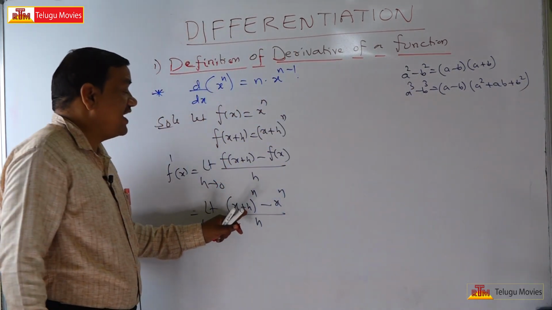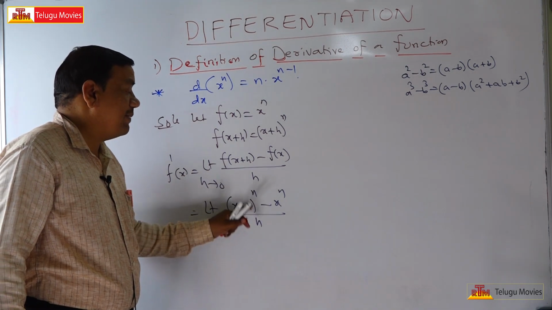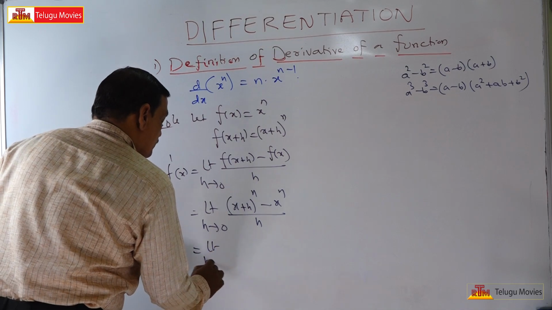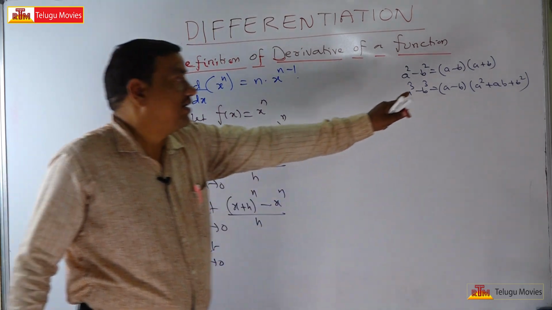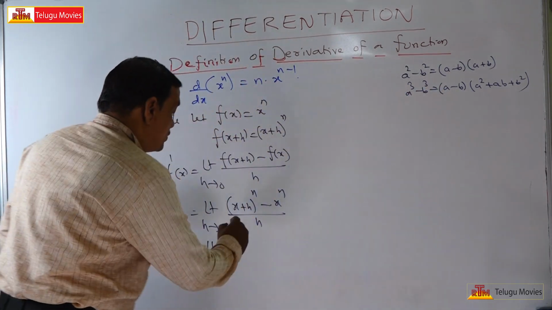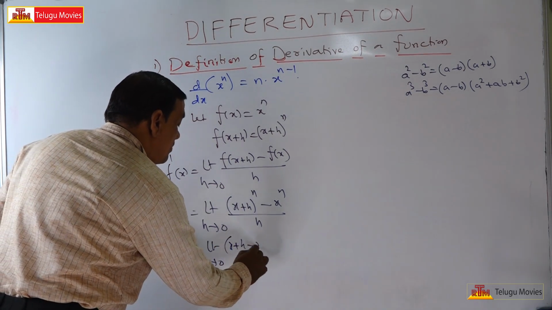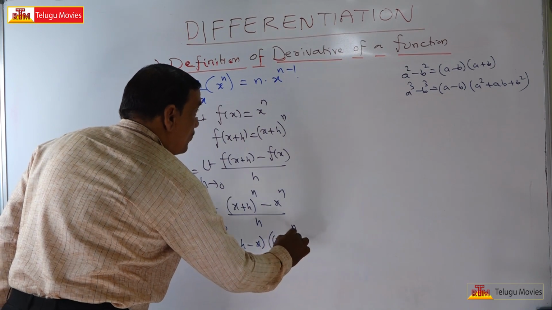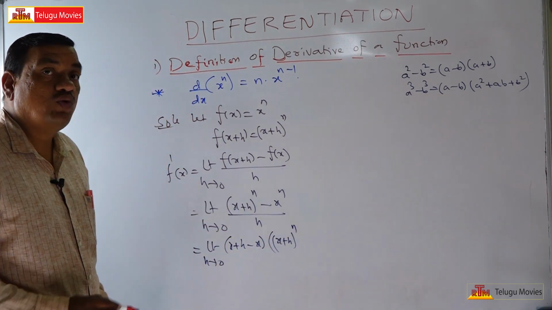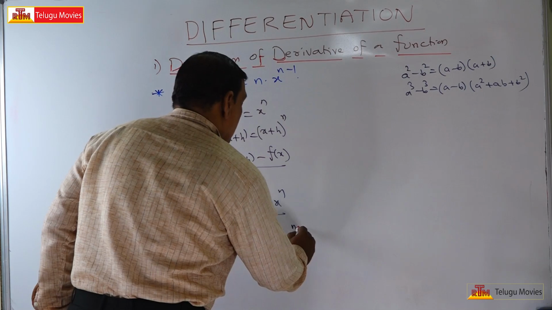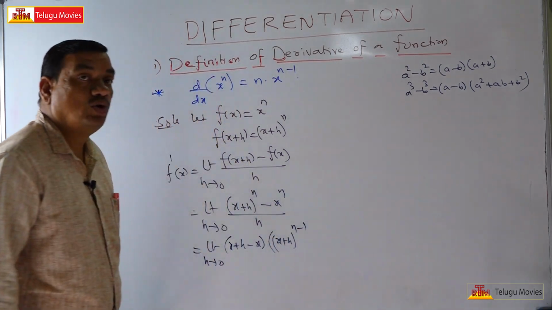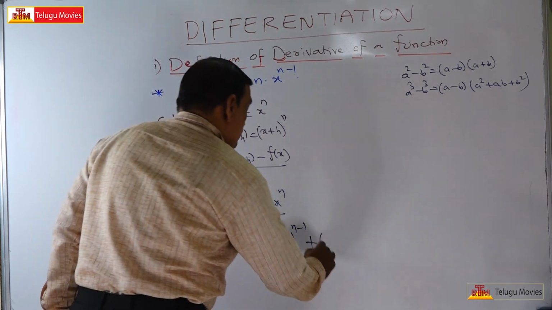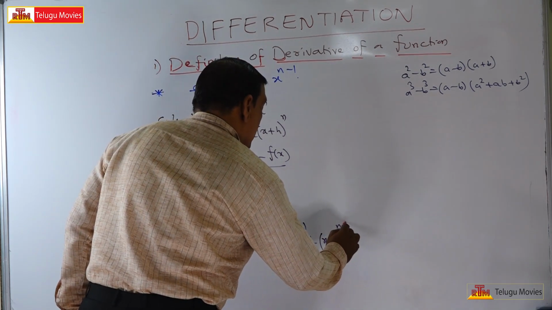So here also we have a power n minus b power n. What will be the first factor? A minus b. So here also, x plus h minus x, into (x plus h) to the power of n minus 1, plus (x plus h) to the power of n minus 2,